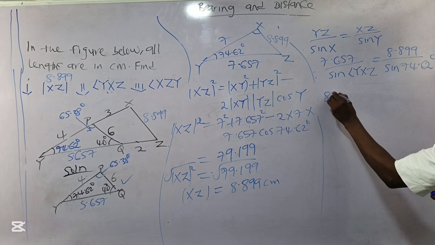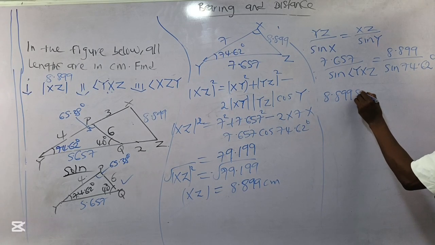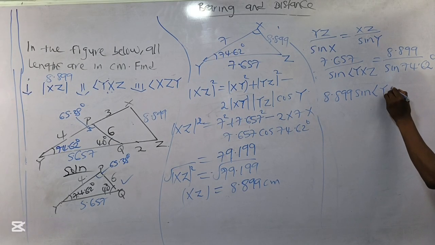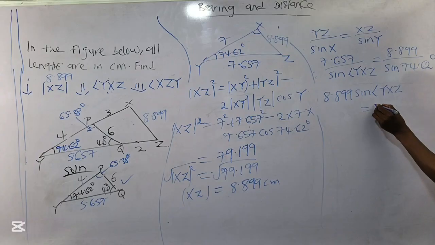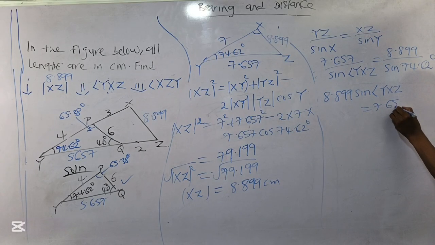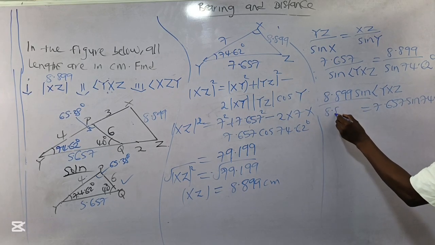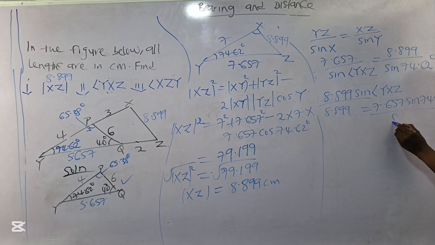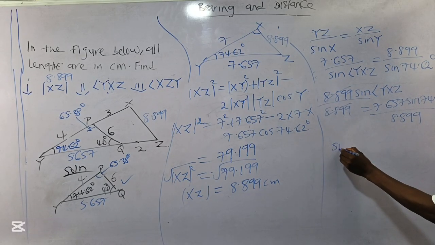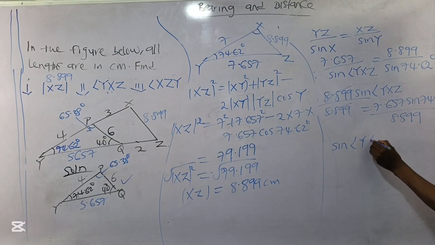Let me show the working: 8.899 sine of angle YSZ will be equal to 7.657 sine 74.62 degrees. Now I must divide through by 8.899, so this cancels, and I'll have sine of angle YSZ equal to